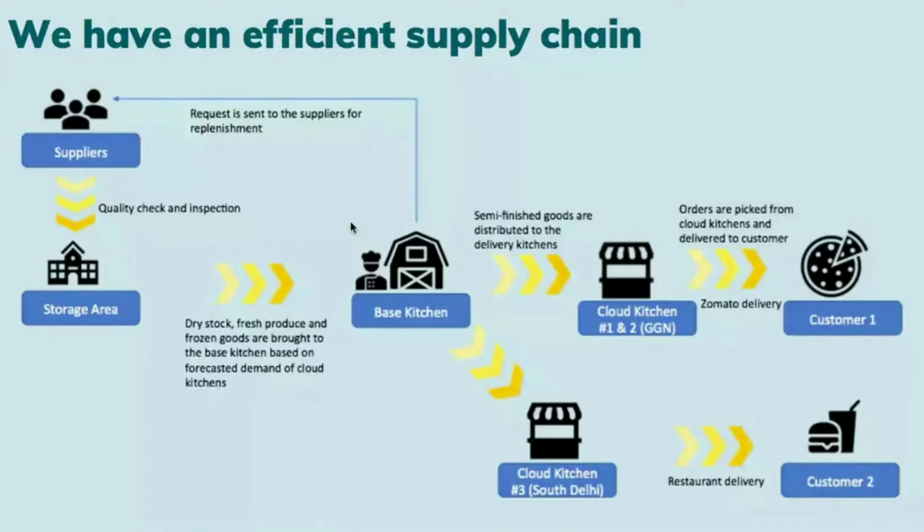To begin, once the setup is done, let's say you have a ready setup for a base kitchen and everything ready for a cloud kitchen to operate. What do you need? Let's say you're making a burger. There are a few basic things that you require: buns, cheese, lettuce, your patties that go in the burger, and all of that put in place. So it is the base kitchen and the warehouse's operation here to order that.